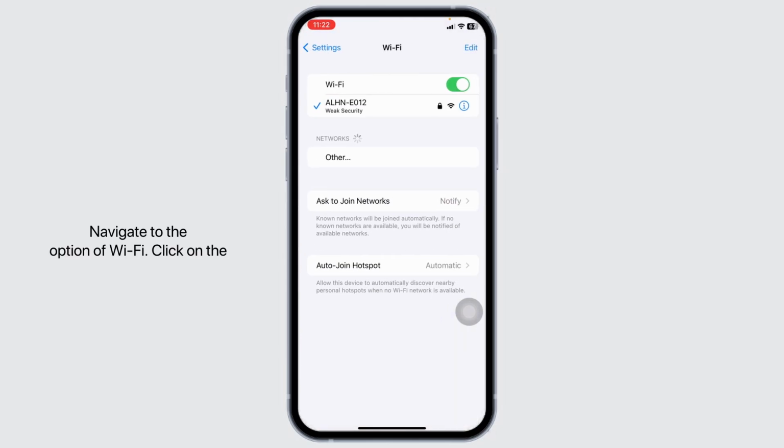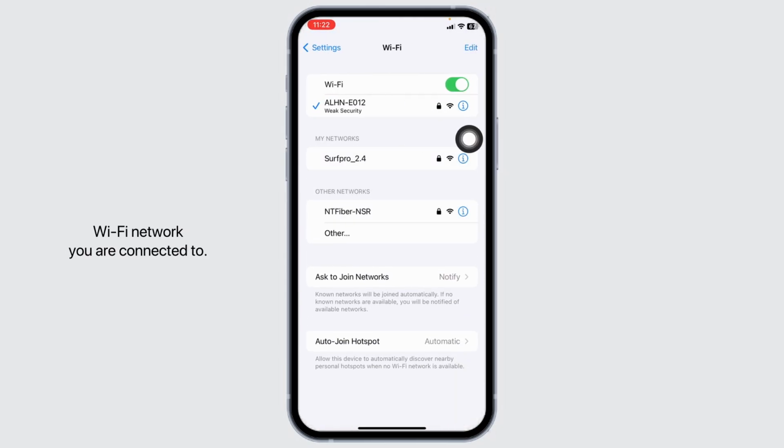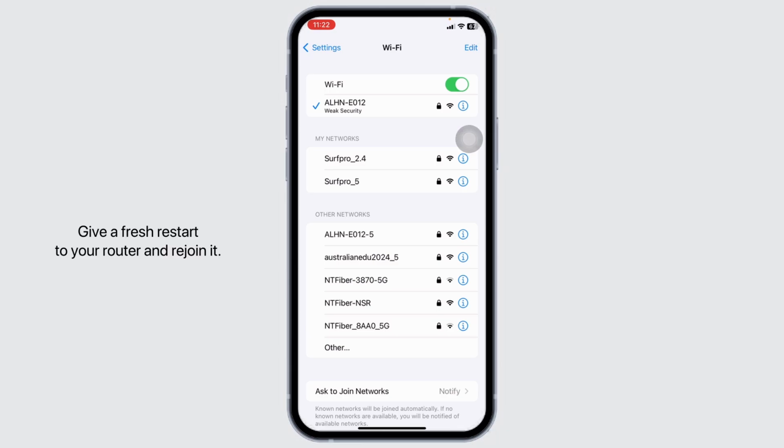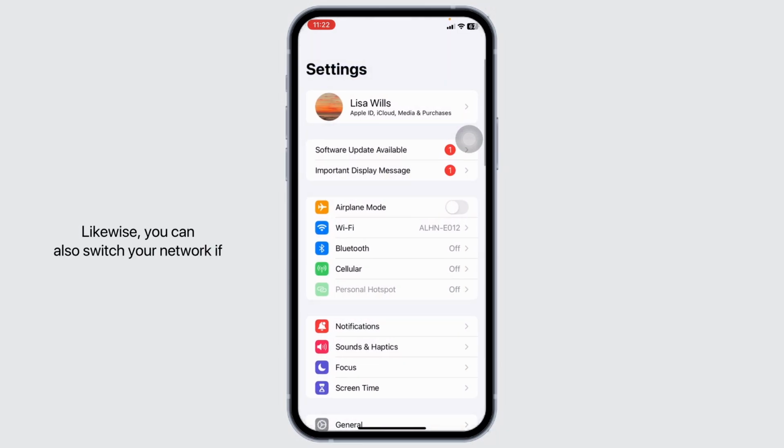Navigate to the option of Wi-Fi. Click on the Wi-Fi network you are connected to. Give a fresh restart to your router and rejoin it. Likewise, you can also switch your network. If you are using Wi-Fi, switch it to cellular data, and in case you are using cellular data, switch